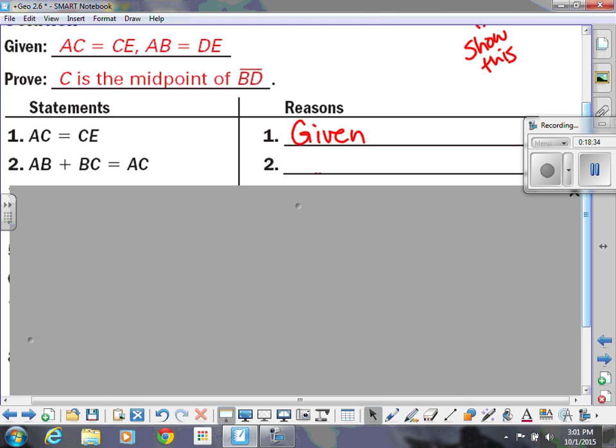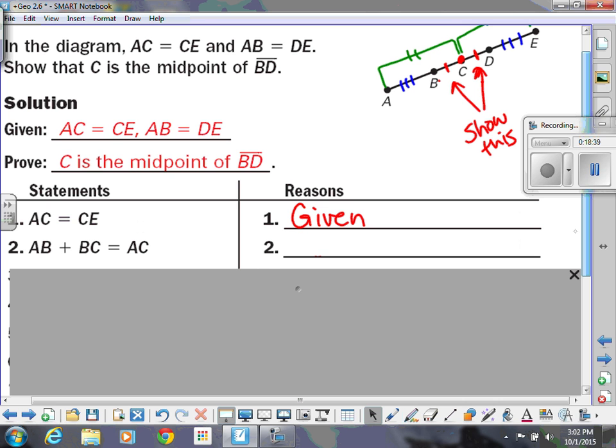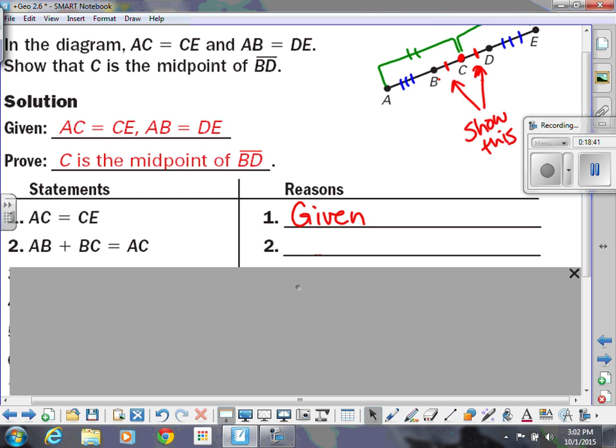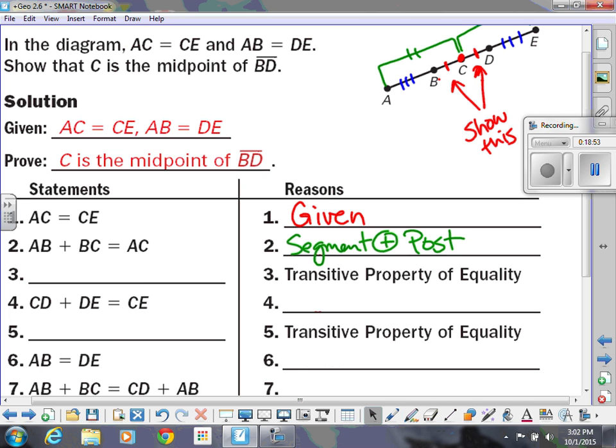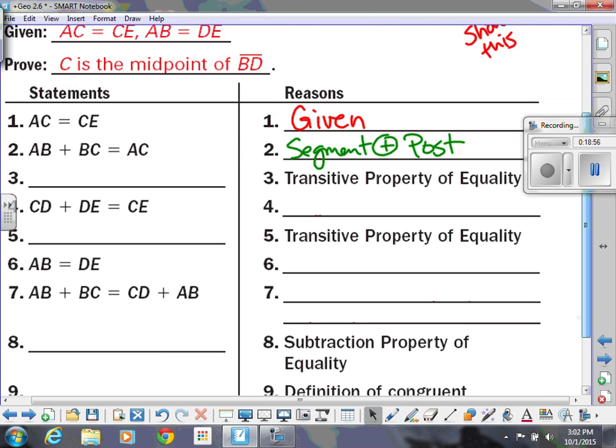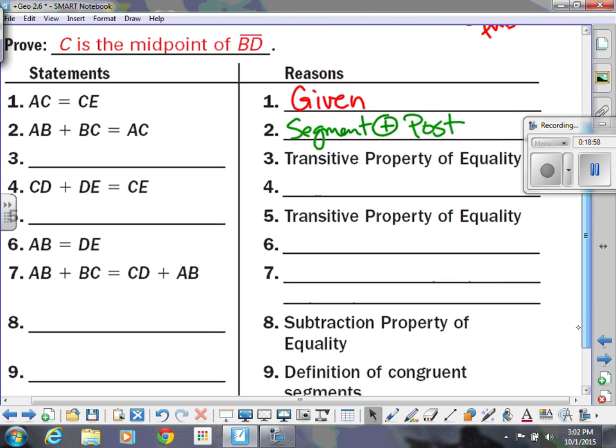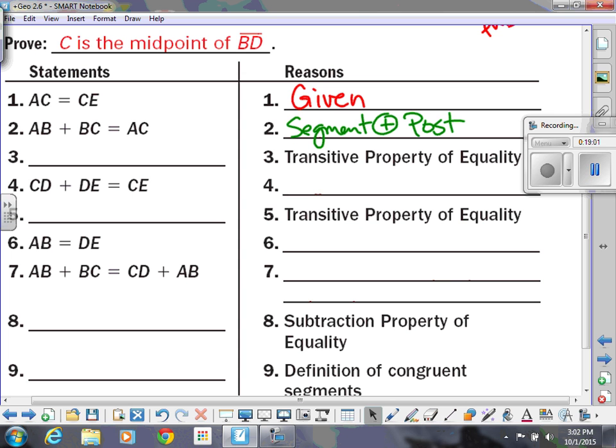And then now they're saying AB plus BC equals AC. Well, that wasn't one of our givens, but that is something that we've talked about before. That's showing that green line is made up of those two smaller segments, so that must mean segment addition postulate. Okay. Now we are moving on. Now I have to fill in a statement. It says transitive property of equality. So there must be something that's repeated in these two statements we just did. So look for the repeated part. Yeah, the AC. So then we should be able to say then